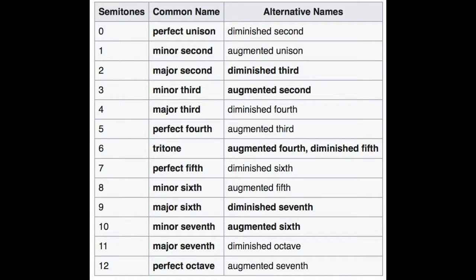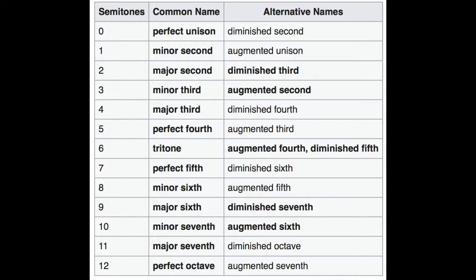The interval quality, however, changes depending on how many half steps we use to achieve that. Here's a chart right up here showing exactly how many semitones are in each type of interval. So going from C to E, we're going to count from C to C sharp to D sharp, and then up to E. Now, if we reference our chart, which some people have different ways of memorizing this, sometimes you can just memorize the semitones in the chart, but we know that's 4 semitones, which means that is going to